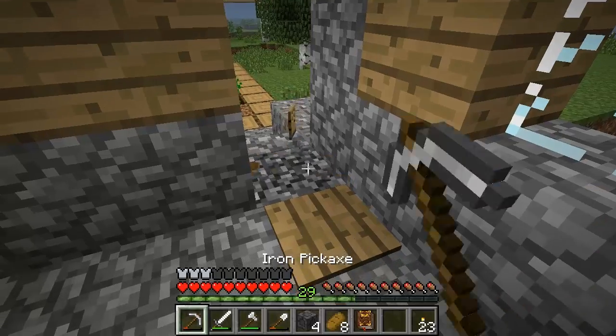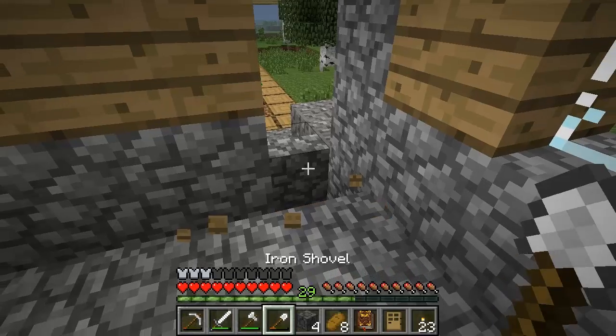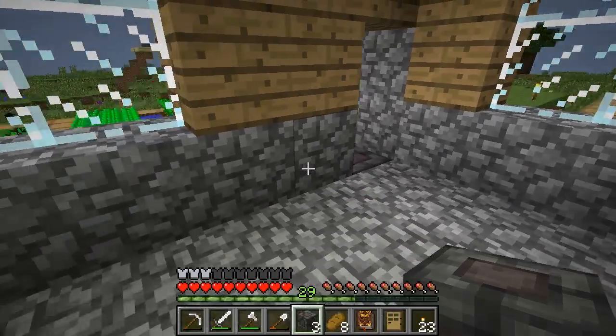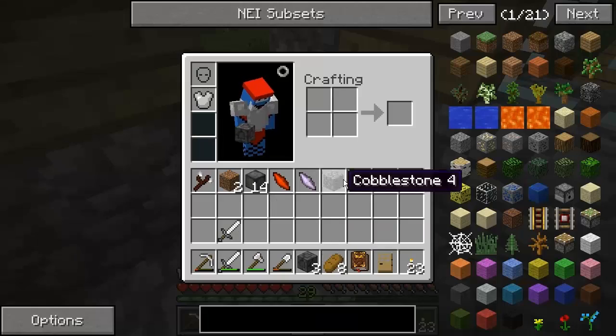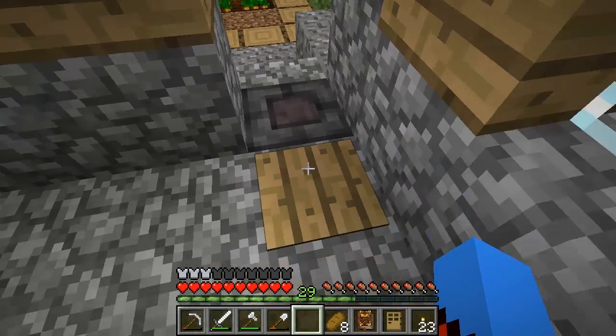We can pickaxe up this floor. We can also get rid of that, otherwise it will give it a redstone signal. And we can put down the paving stone of warding. And nothing will be able to get through there. No spiders, no creepers, no skeletons, no zombies, or anything that will be able to get through this door. If we put down a cobblestone, if we put down that, you will see... I don't know if you will see...